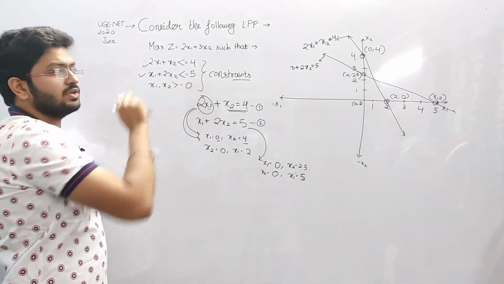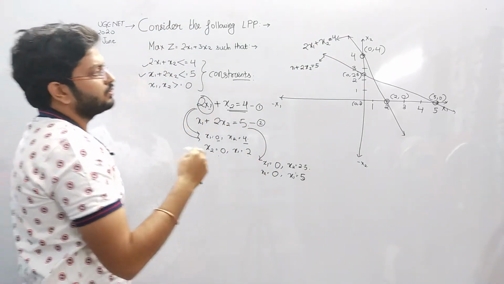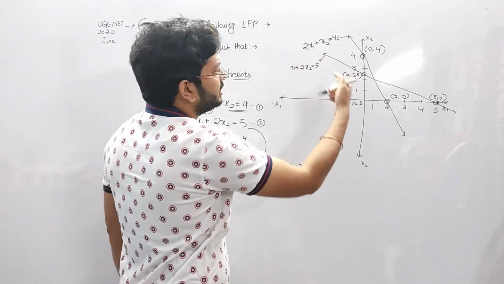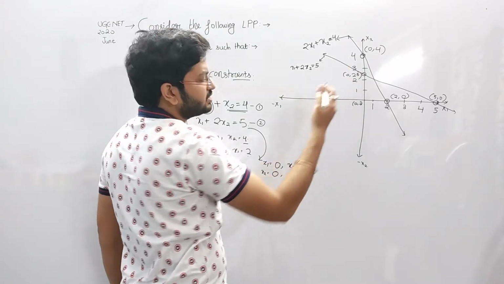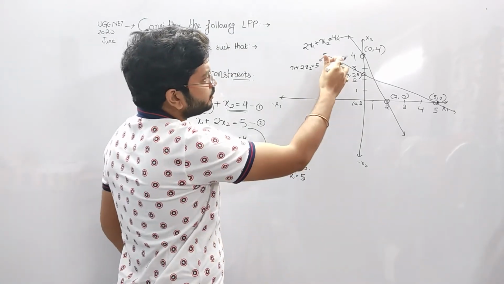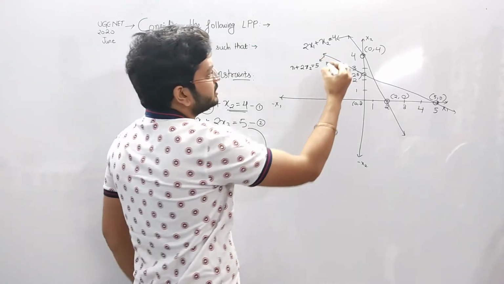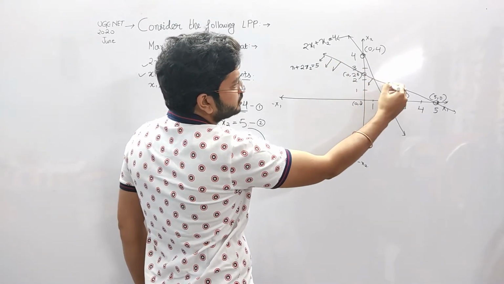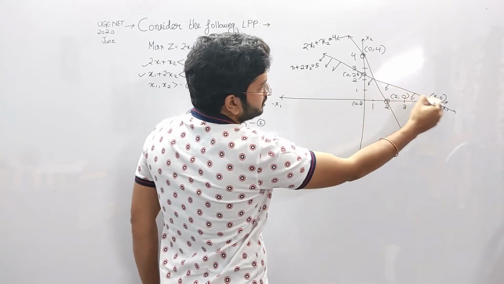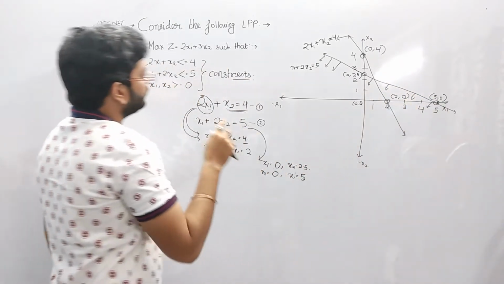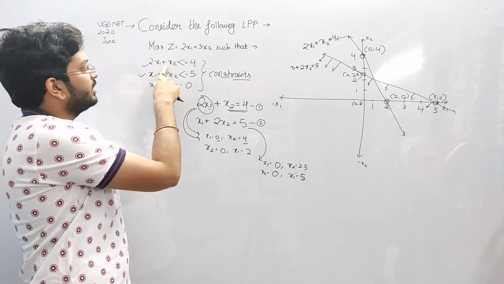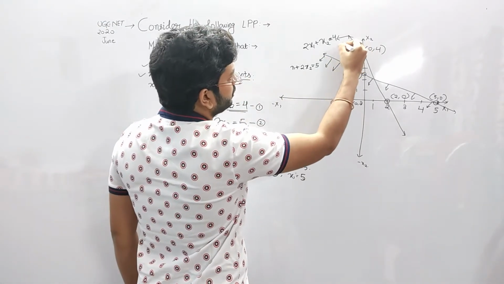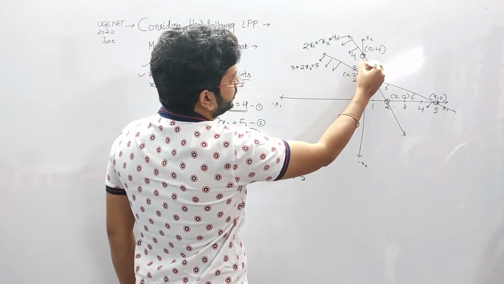But in the question it is given less than equal to. For less than, it will be coming downwards, and for greater than it will be going upwards. Since it is less than, it will be going downwards. That is, we have to imagine the line going downwards. We have to mark like this. You simply mark it on the rough paper which will be given in the examination. And even for this one, the first equation, it is also less than equal to. So we have to mark it like this.